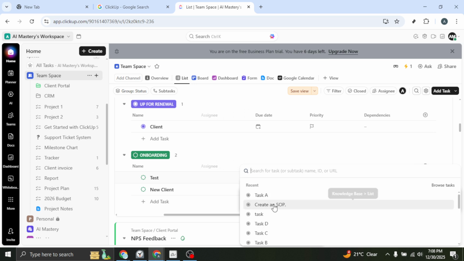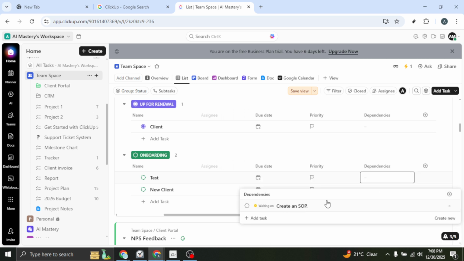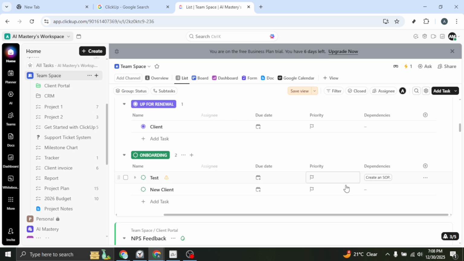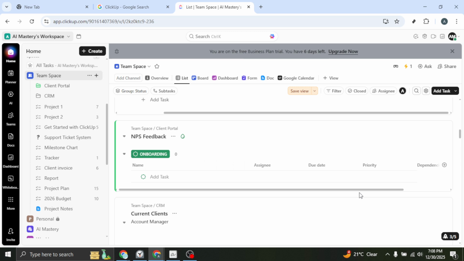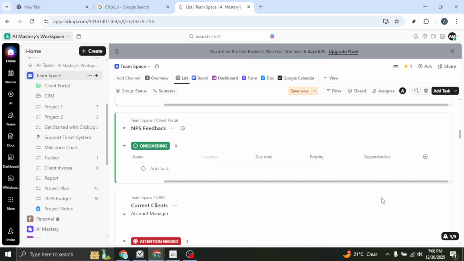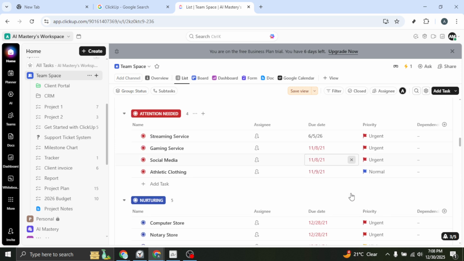With the dependencies column visible in your list, you can quickly spot where work is paused or causing a delay and prioritize accordingly. A helpful tip is to keep task names clear and outcomes specific, so it's obvious which items should precede others. Also, review dependencies during planning to confirm that due dates and assignees reflect the true order of